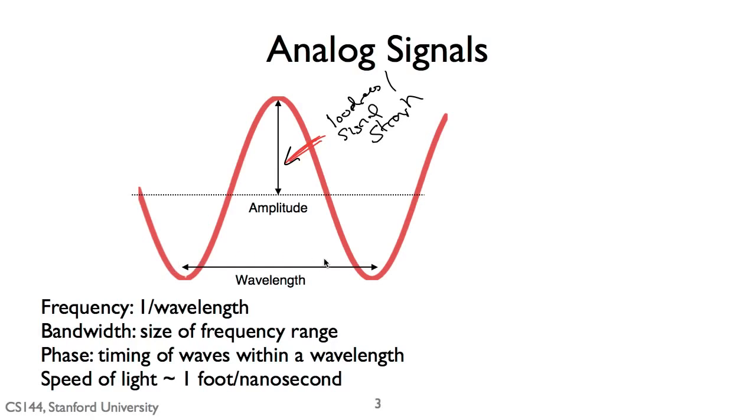The second property is the wavelength. So how long is one of these waves? The speed of light, c, in vacuum, is approximately 1 foot per nanosecond. That's a good rough rule of thumb. And so 1 billion